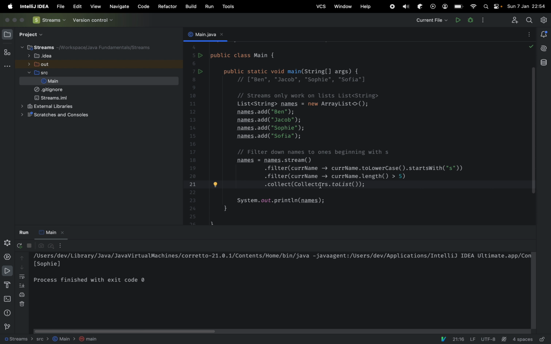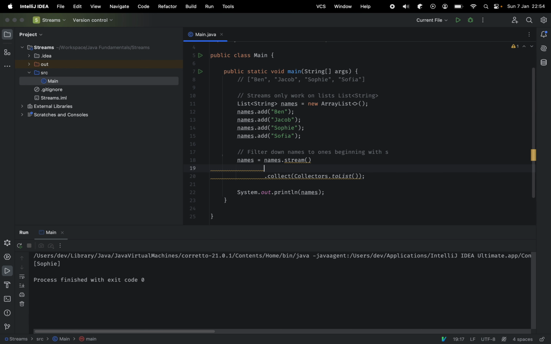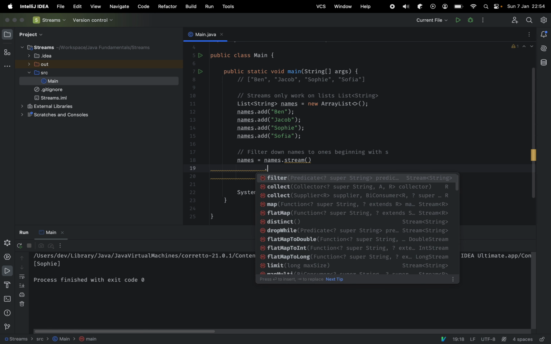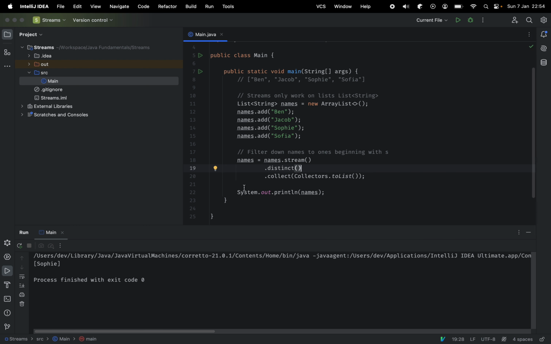Also, what we can do is we can actually just iterate over that list normally. So if we just get rid of these two filters here, let's scrap the idea of filtering, and let's do something else that we can do in streams. So now let's try and make sure that they're all unique, right? We do that by using the stream.distinct filter, where we can basically get rid of all of the duplicates and then collect them as a list. Now, obviously, if we run this,